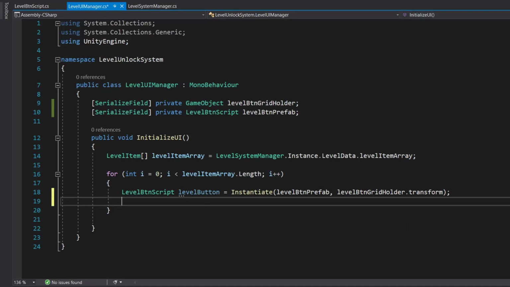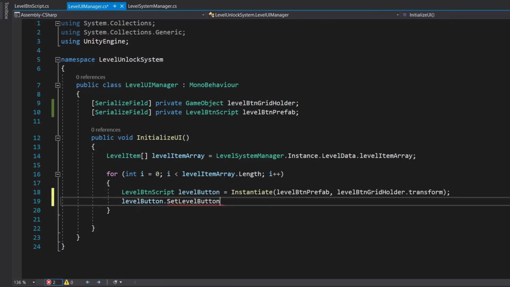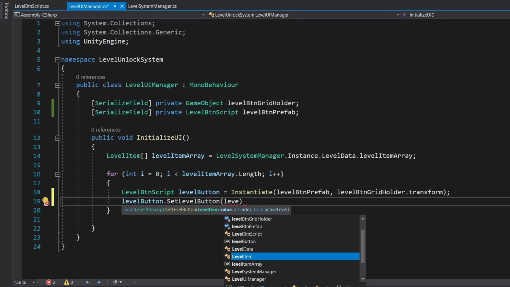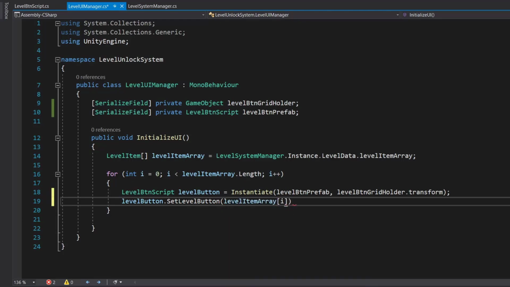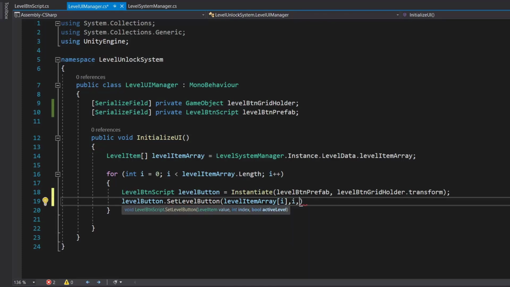And we all know our level button script has a method called set level button. So level button.SetLevelButton, and we'll pass our level item value. So level item array i, comma, index will be i, comma, active level.